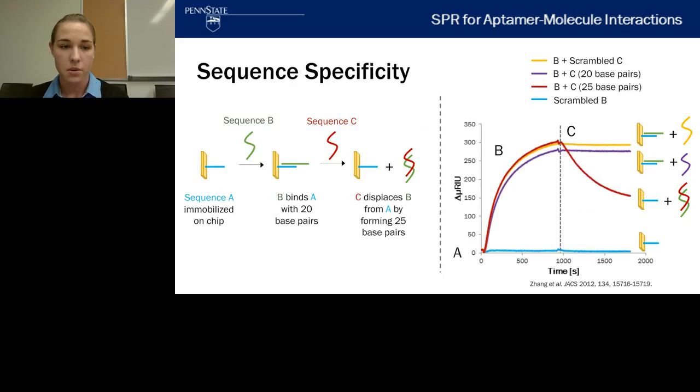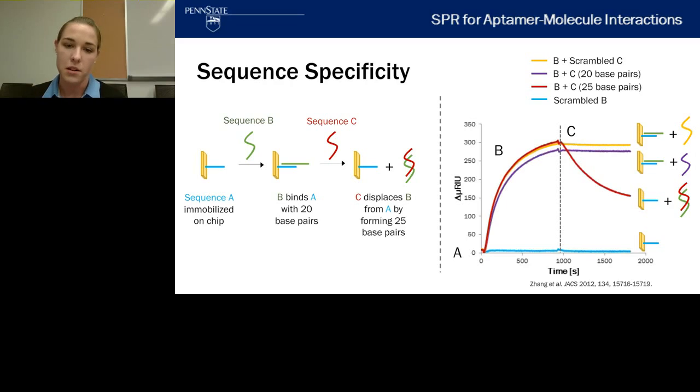So at this point, I'm going to move on to some of the work that our group has done. We look at the specificity of some sequences using SPR in this figure. So you can see in the cartoon on the left, we have a sequence A that's immobilized on our surface or on our chip, and we usually use Neutravidin and biotin interactions in this case. So the biotinylated sequence is immobilized, and then we incubate this chip with sequence B, which binds to sequence A